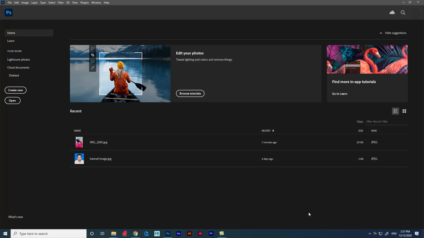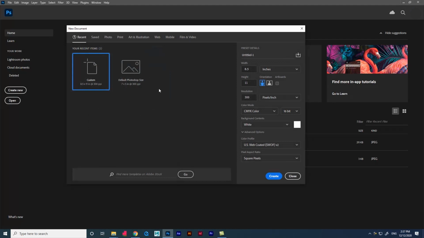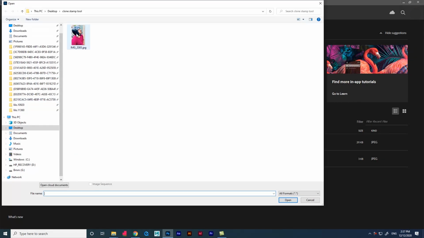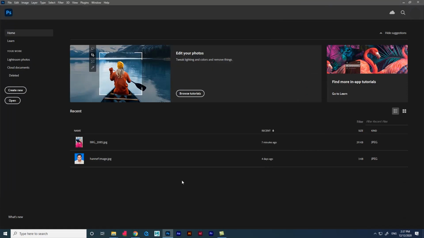Let's open Photoshop 2021. I am not going to create a new document, because if you create a new document and place the image which you're going to edit, the image will lose its quality, because the image which you have will be in a different size and the document which you created will be in a different size. So always when you edit an image, like color correction etc., give Open and select the image. Now the image won't lose its quality.